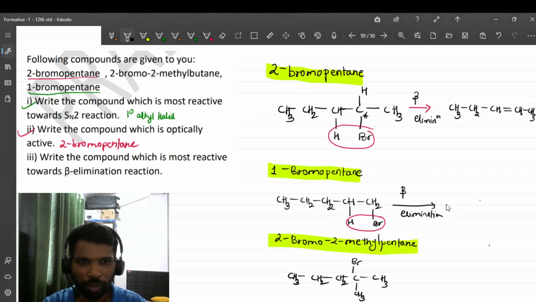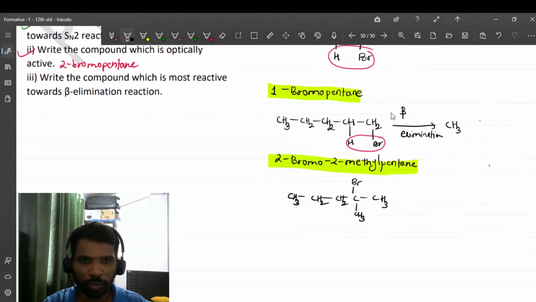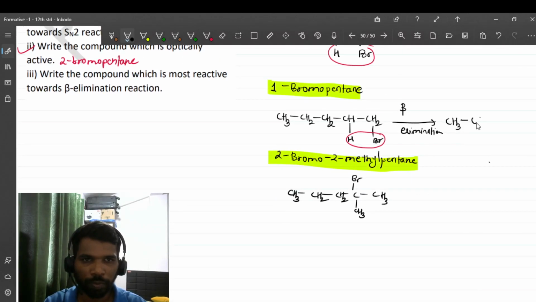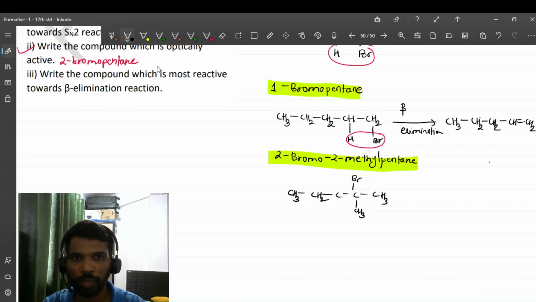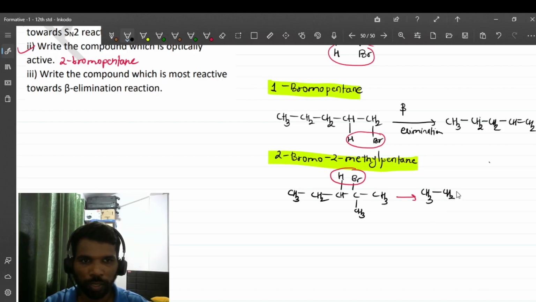The compound you are going to have is this, CH3. And what is the answer for this? It will remove this hydrogen for a beta elimination. I will write this hydrogen, so there is a removal of HBr over here. After beta elimination, the product you will be getting is this: CH3, CH2, CH double bond,